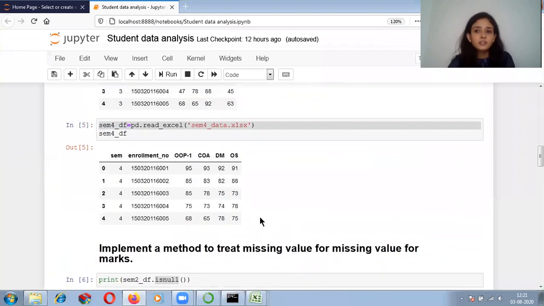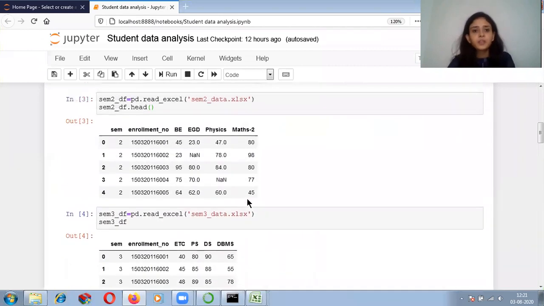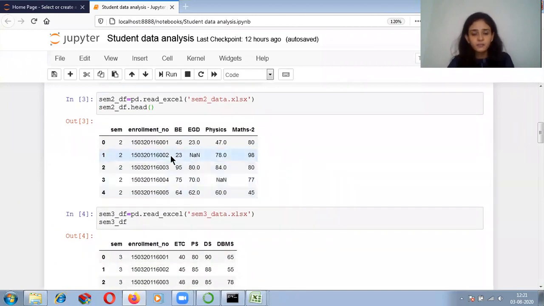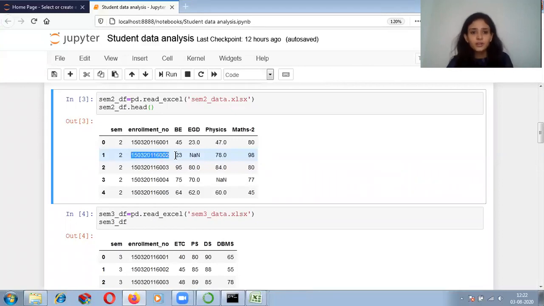Now what will I do to fill the missing value? You can see over here, this is SEM2 data. I can take the average of the marks of all the subjects. The student with enrollment number 2 has marks in BE as 23, EGD marks is missing, physics marks is 78 and maths marks is 98.